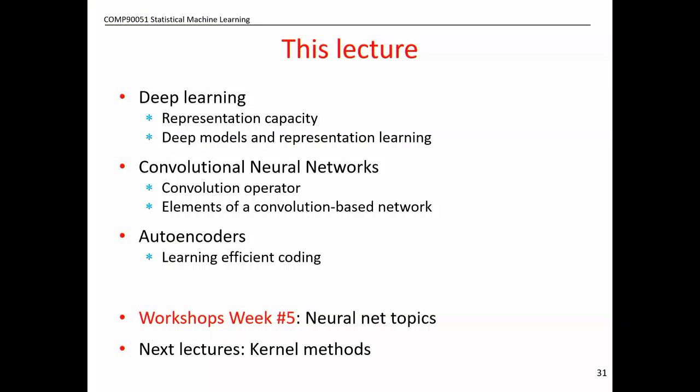Okay, so I've talked about adding more layers. And really, I think CNNs are pretty interesting, but they're not useful for everything. Autoencoders are another cool idea out of neural networks that's fairly recent. In workshops this week, you'll be starting to play with neural networks. You will be next week as well.